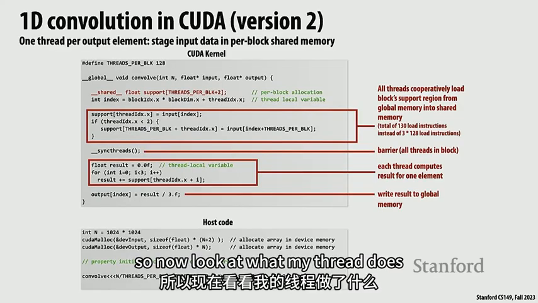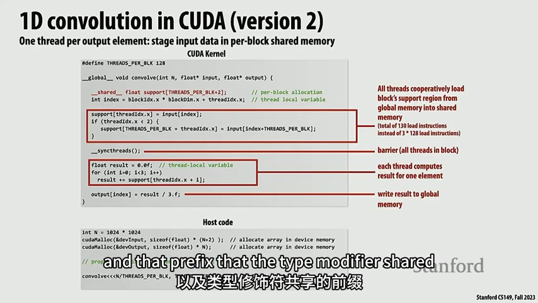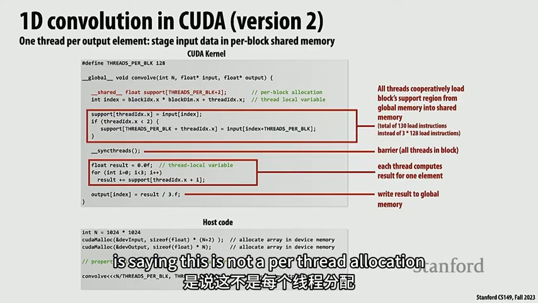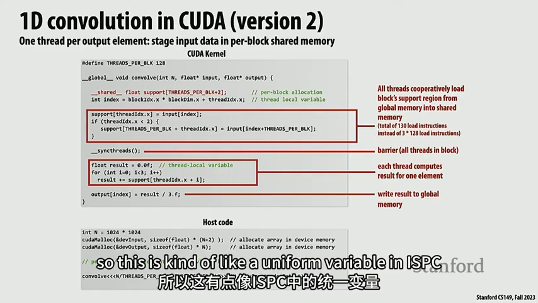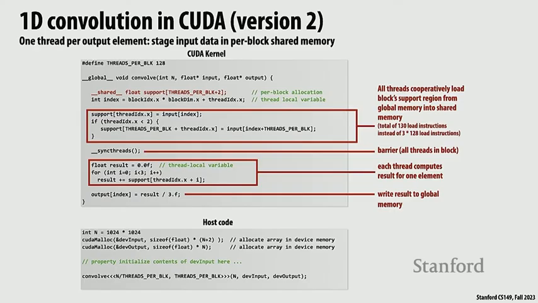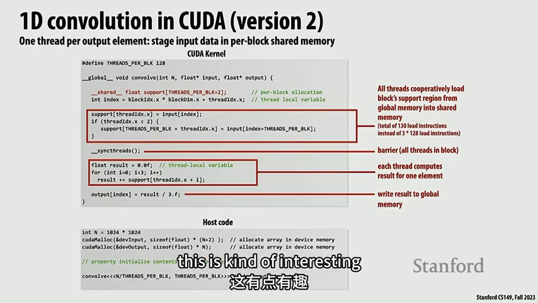So now look at what my thread does. My thread allocates this shared array of 130 elements. And that type modifier, shared, is saying this is not a per thread allocation. This is a per thread block allocation. So this is kind of like a uniform variable in ISPC. Okay. And now look what the threads do. This is kind of interesting. So every thread